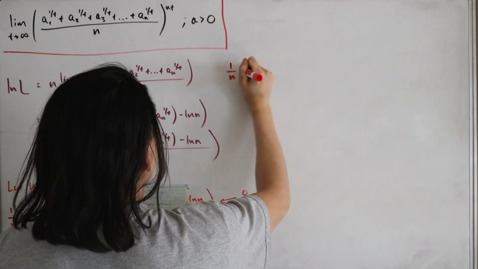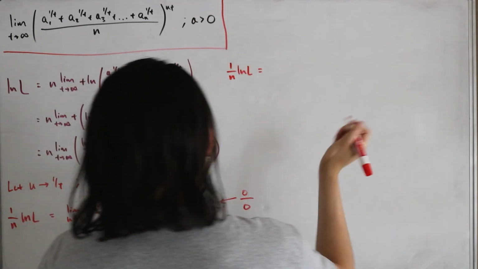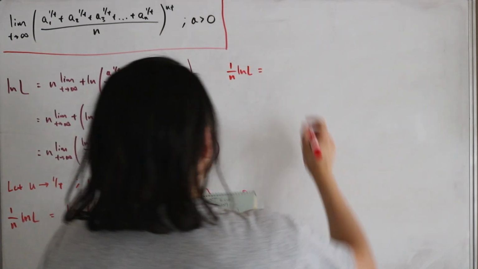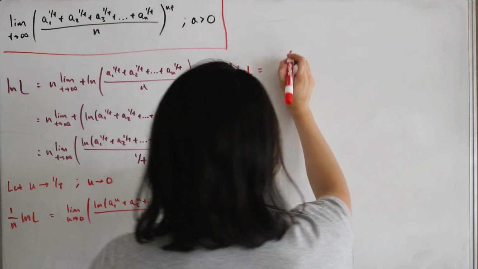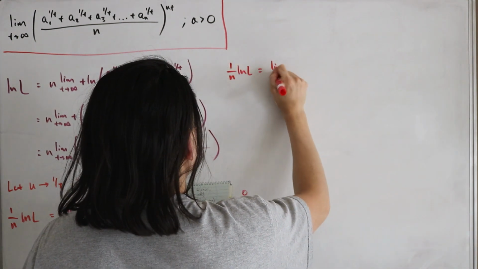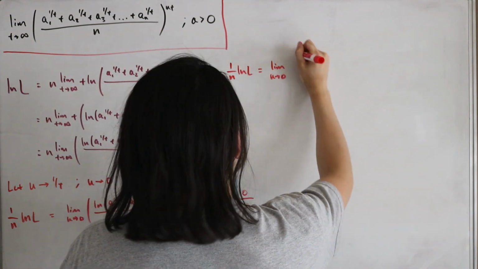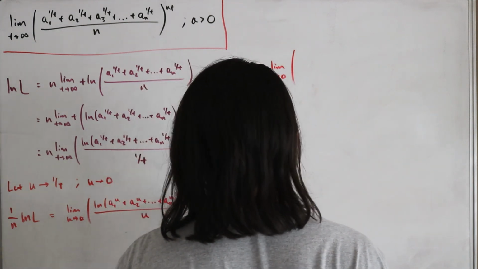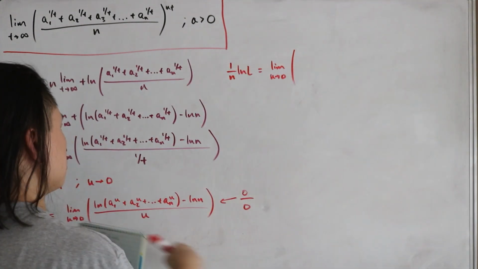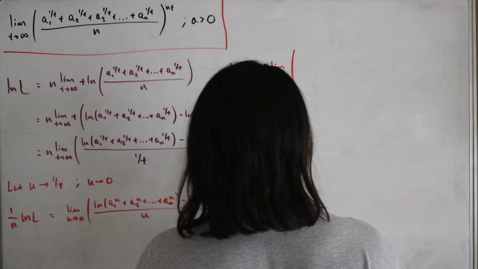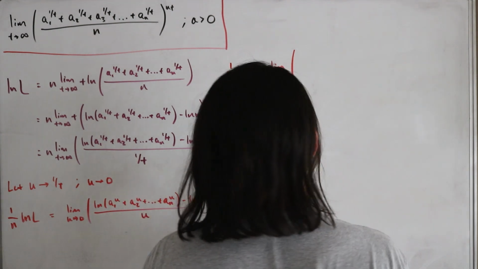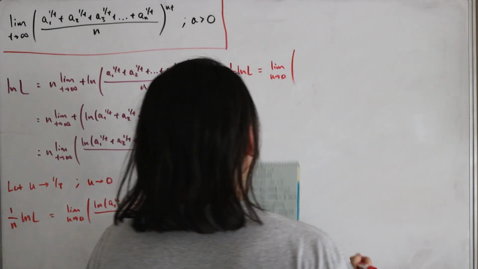So 1 divided by n, and then natural log of L. So just keep that consistency. So we actually take, of course, the derivative of both our numerator and denominator. So u approaches 0. I think it's worth noting that the n is just going to be 1, so we can just disregard that. So really, what's on the numerator is that we're actually going to take the derivative of